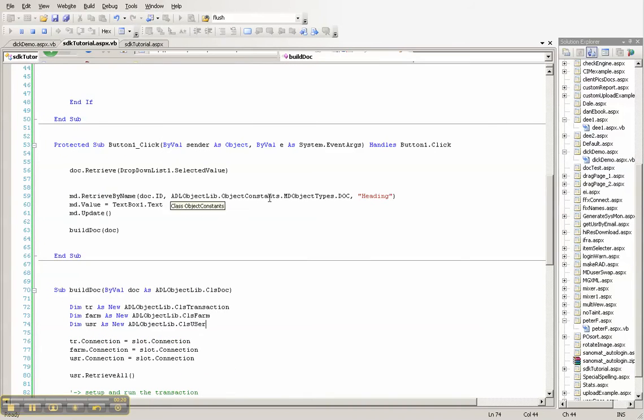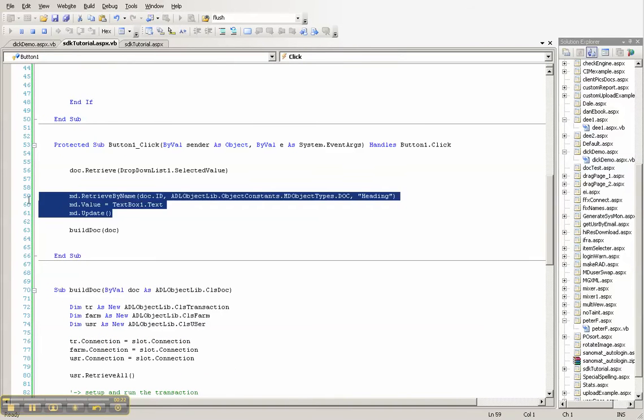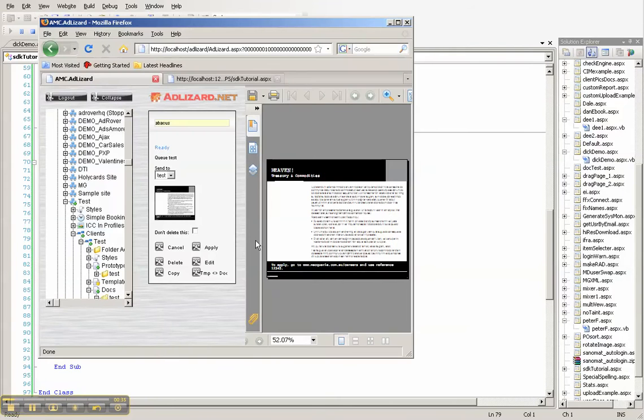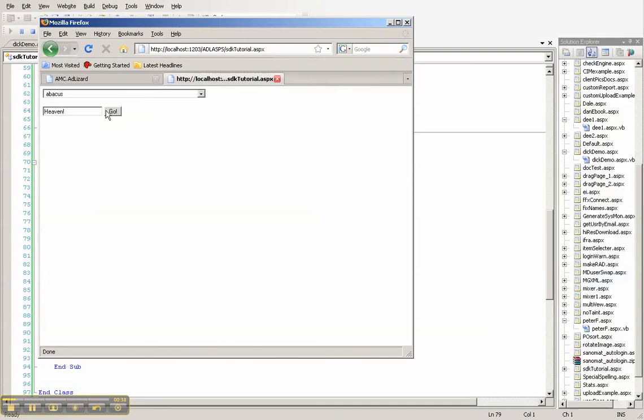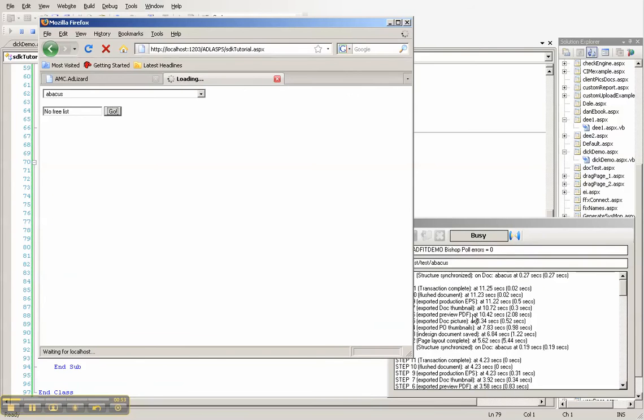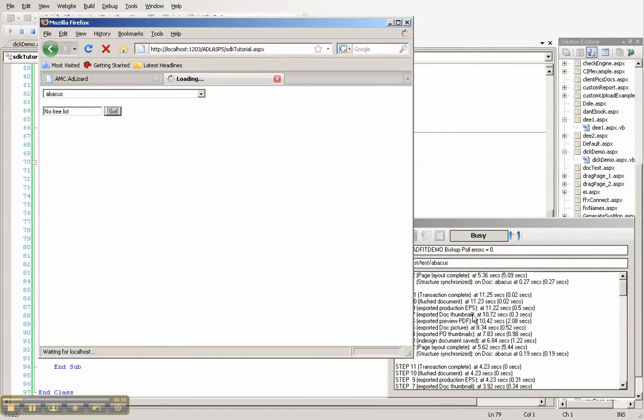updated the metadata here with the md.update, and I had called the build doc sub, which I had added. I had to go back and add this user connection to the thing before it would work, but once we ran it, we found that we could add to the Abacus document and the metadata therein no free list to here, and if we hit the go button here, we then see the server-side engine is called into action to build all of that stuff,